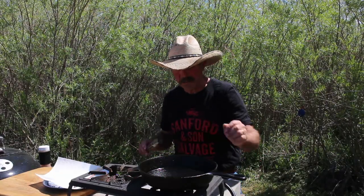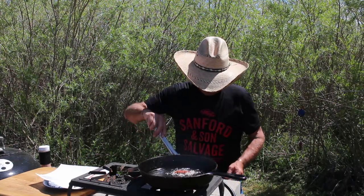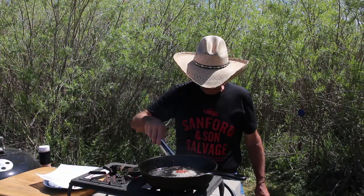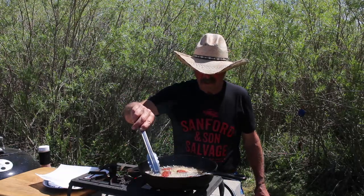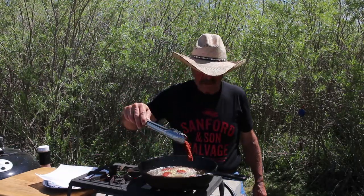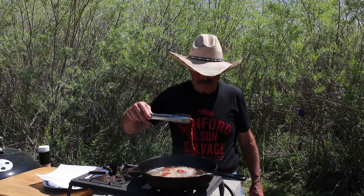Okay, so the skillet's coming up to temperature. And we got the crop duster out today. Not sure what he's spraying, but